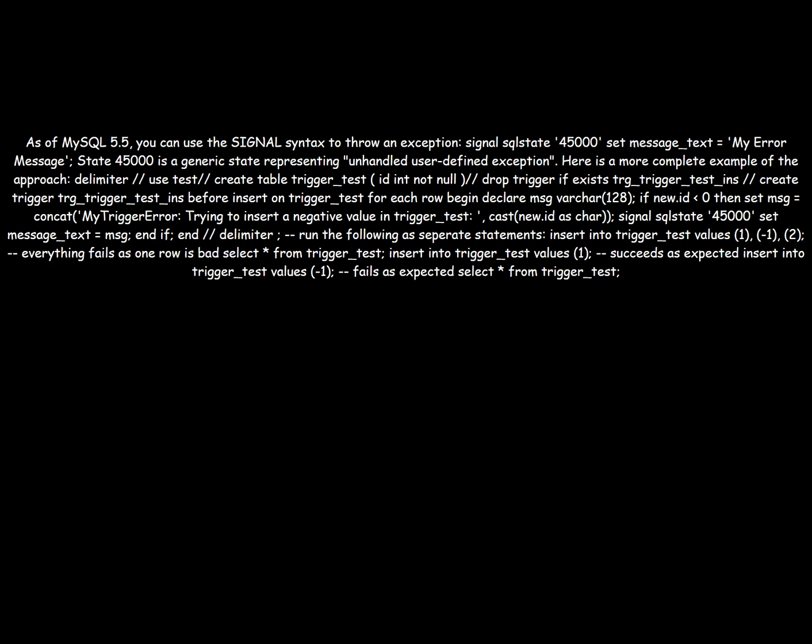Here is a more complete example of the approach. DELIMITER //. USE test; CREATE TABLE trigger_test (id int not null); DROP TRIGGER IF EXISTS trg_trigger_test_ins //. CREATE TRIGGER trg_trigger_test_ins BEFORE INSERT ON trigger_test FOR EACH ROW BEGIN DECLARE msg varchar(128); IF new.id < 0 THEN SET msg = concat('MyTriggerError: Trying to insert a negative value in trigger_test: ', cast(new.id as char)); SIGNAL SQLSTATE '45000' SET MESSAGE_TEXT = msg; END IF; END //. DELIMITER ;